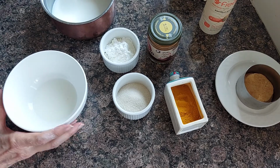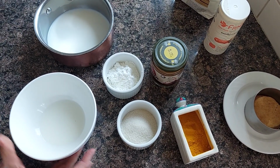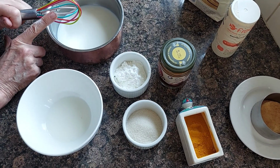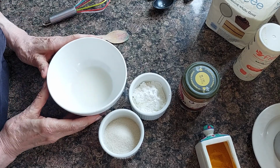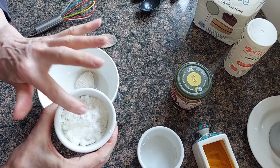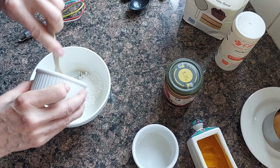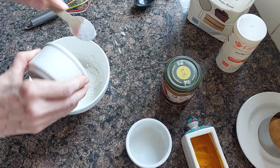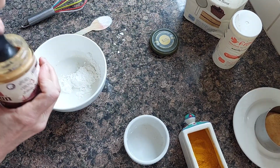Let's go for the cream now. We said the mousseline cream is a custard with some vegan spread. So starting with the custard, I have here some milk alternative that I will bring to the boil. In the meantime, in my bowl here, I have some milk alternative. I will add some golden caster sugar, some corn flour, and to replace the egg yolks, I'm gonna use cashew butter, this one. So, 1 teaspoon,